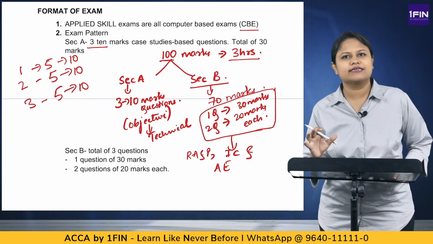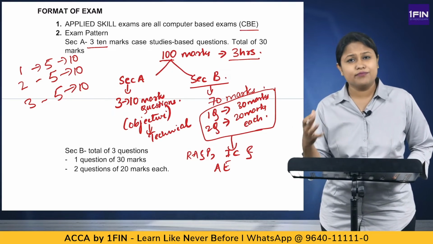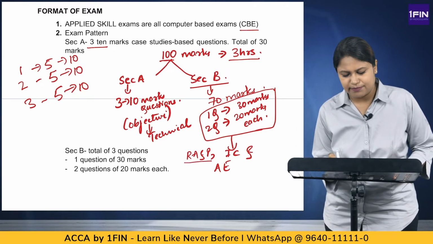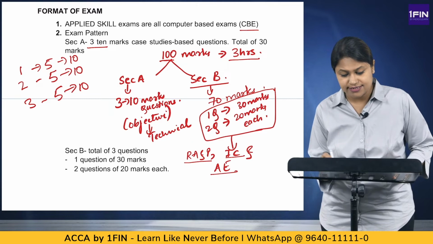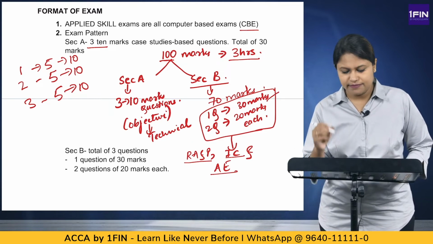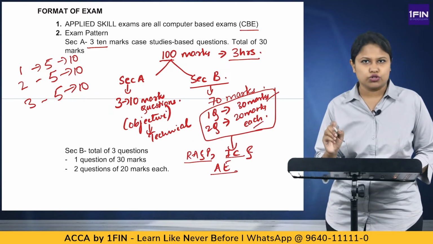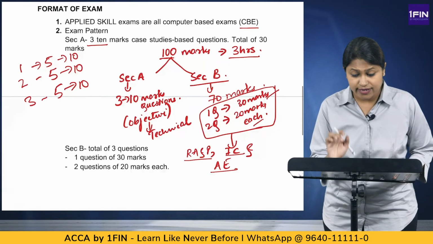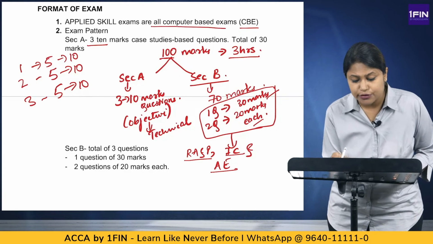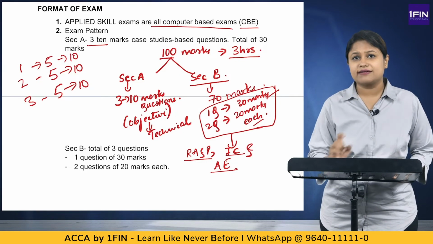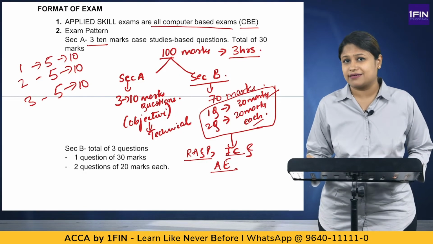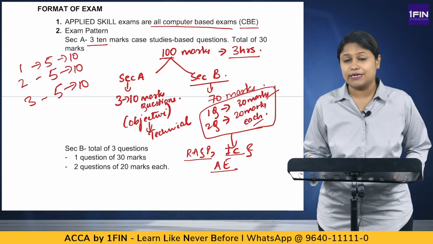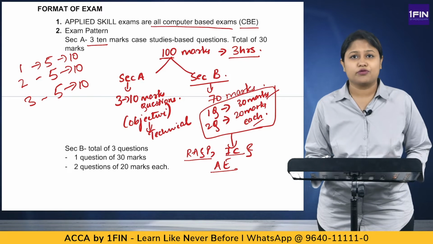Most importantly, it is very important because major parts of the topics are covered here, which are risk assessment and planning, internal control, audit evidence. A 30 mark question, and 20 mark questions. So that is the way the topic has been divided. Alright. And understand the exam is all computer based. So writing practice basically means typing practice. If you do not have the skill of typing faster, it is going to be a problem.